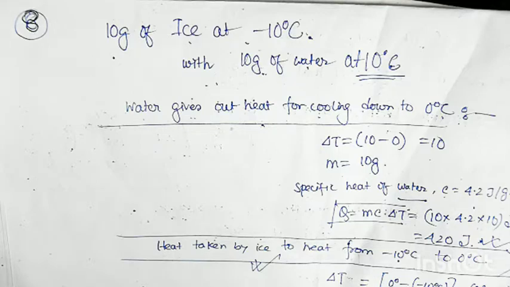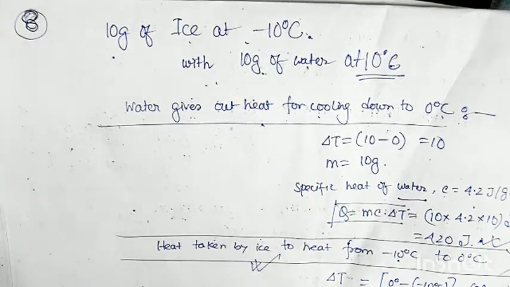10 gram of water is at plus 10 degrees centigrade. It will lose its heat, and that heat will be gained by 10 gram of ice, and it will just increase its temperature. We have to find out that if 10 gram of ice melts down, will it supply enough amount of heat so that the 10 gram of ice completely melts down to water or not. If the ice completely melts down to water, then there will be some temperature change. But if it fails to completely convert into water, then we know it is stuck in between phase transition.